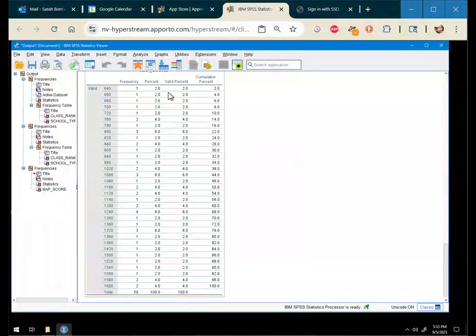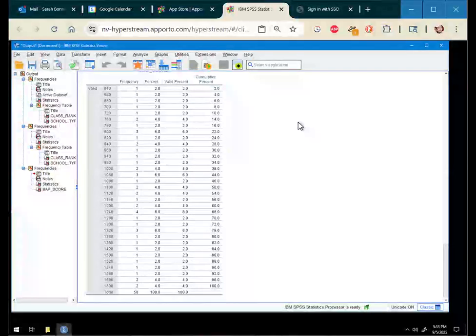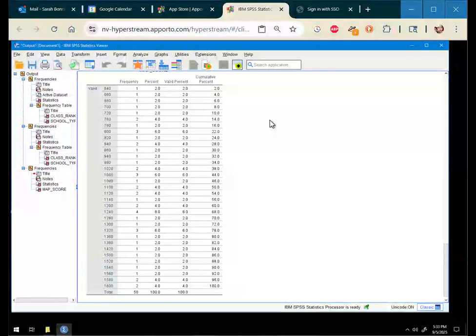Okay, so one person got 640 and one person got another score, and it didn't tell you very much. If you have a lot of different scores, a table is not as good a display for looking at qualities of the data as a histogram. You need the frequency table to get to the histogram, but it isn't as easy to